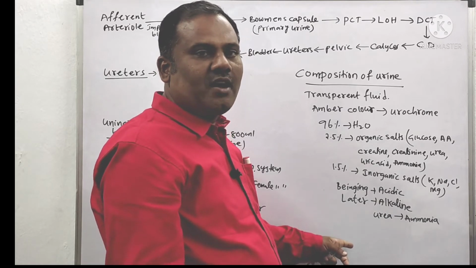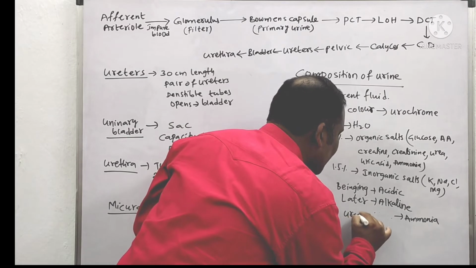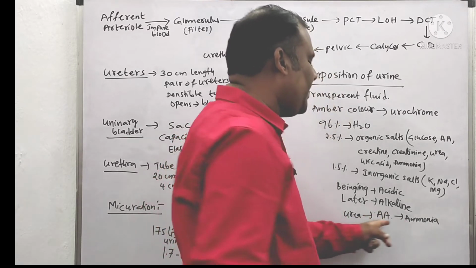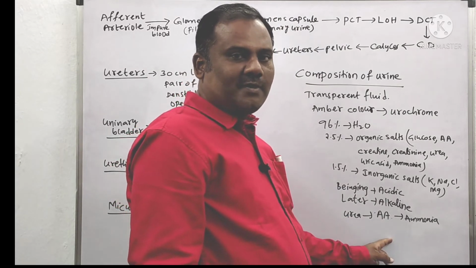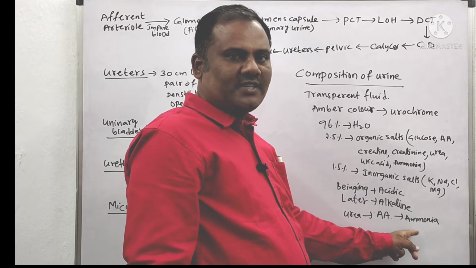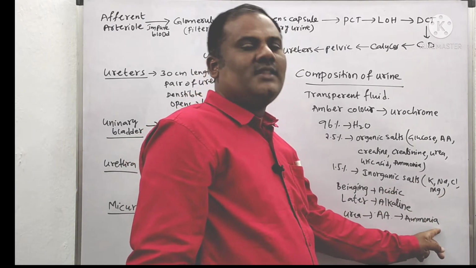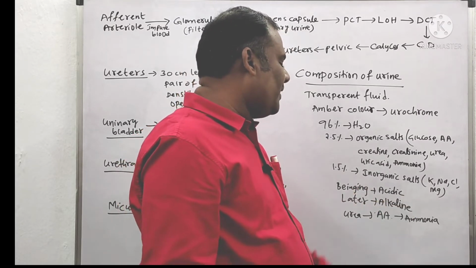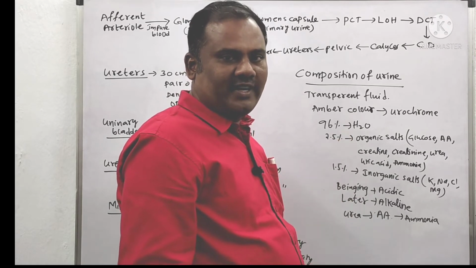The acidic nature comes from the fact that first we have urea. That urea is converted to amino acids, and these amino acids are deaminated and form what? Ammonia. Amino acids are acidic in nature. Later, due to deamination, these amino acids are converted into ammonia, so that is the reason it later becomes alkaline in nature. So this is about the composition of urine in general.